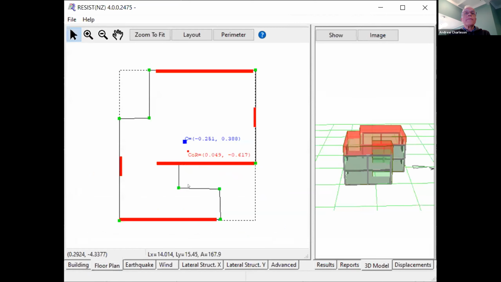The floor plan, I don't know if it's right or not. This is my floor plan. And then I placed in the lateral structure,